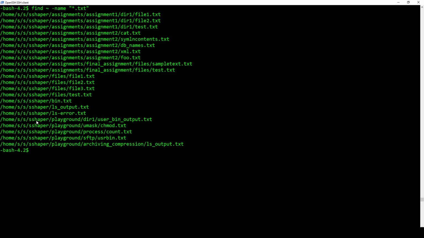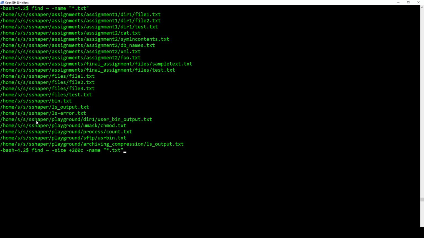Well, I want to go a little bit further than that, so I'm going to go find again, and I'm going to do my tilde, remember, local directory, and I'm going to add a size to this. Let's see, it has to be 200 bytes or more. So that's what the plus 200c means. C stands for bytes, and that's listed right in your book. And then we have name, and we're going to again do the